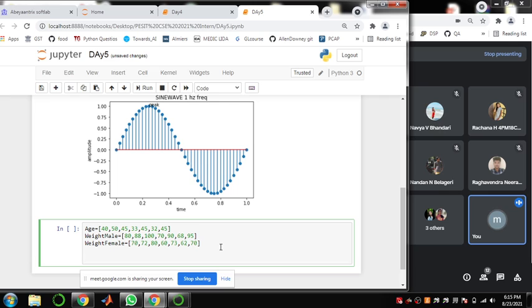Let us try to plot that. plt.plot. I want to plot both, age against the male and age against the female. So the first x-axis will be your age, and the y-axis will be weight male.